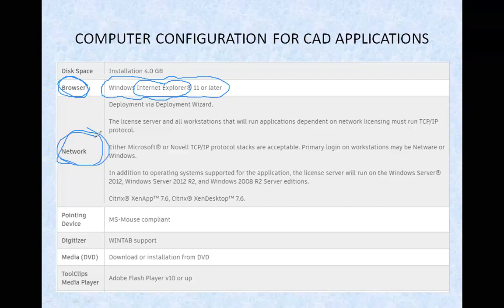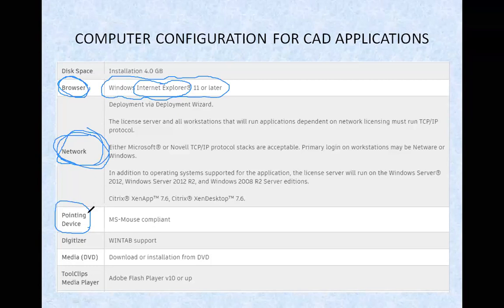If you go with the browser, it cannot easily go offline, so for that we need an internet connection. If you do not want any help from AutoCAD, the network is not that important.